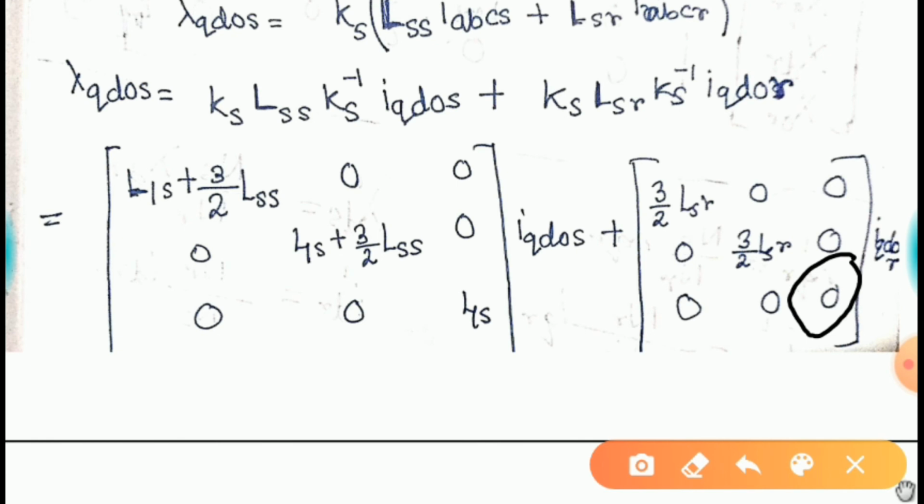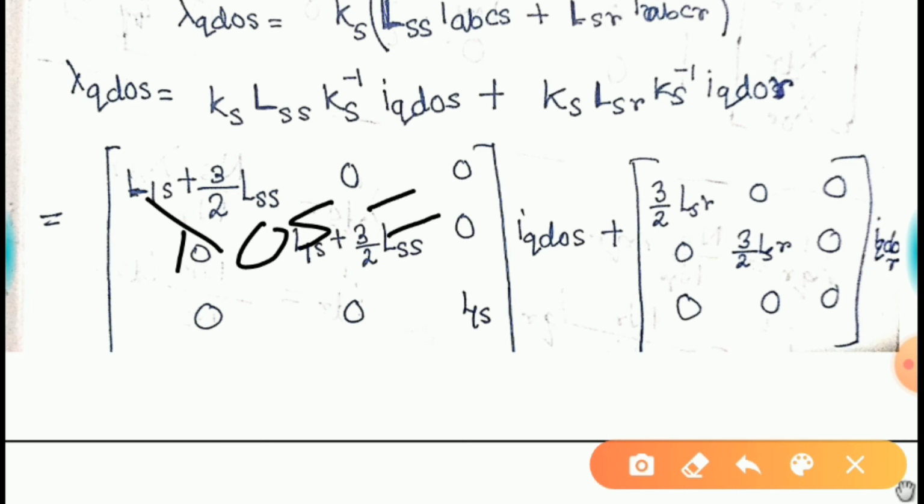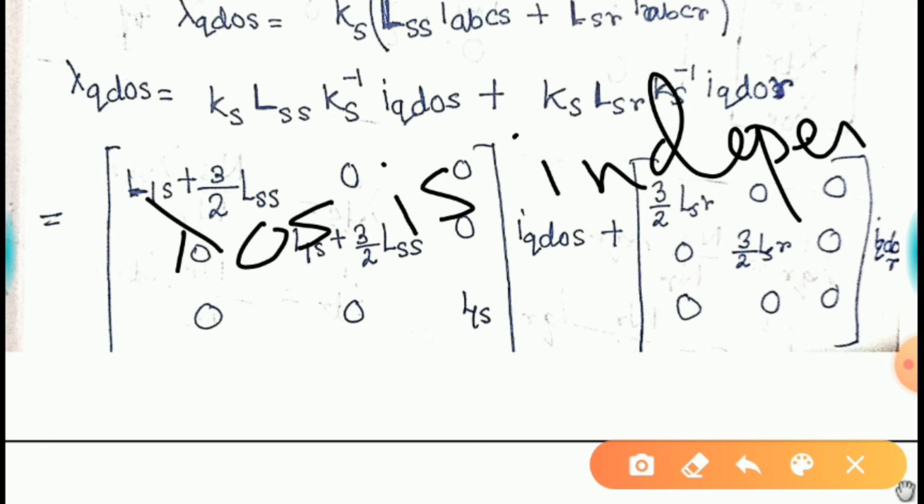That means if you write the equation for lambda naught s, that is the zero sequence component, it only depends on i naught s. It has got no contribution from i naught r. Lambda naught s is independent of